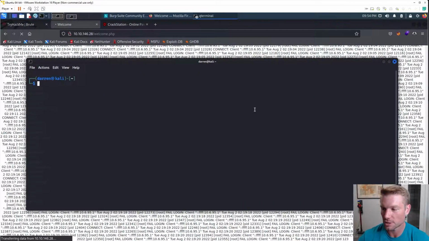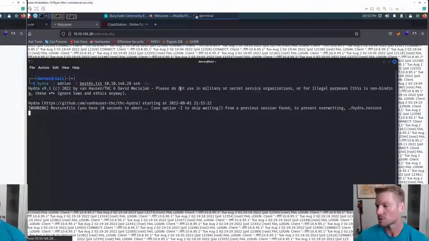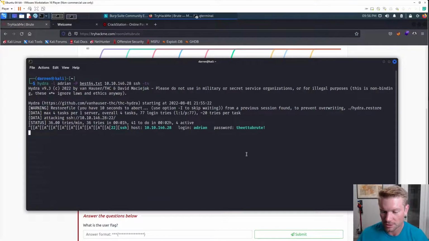All right, now let's try and brute force SSH. Hydra, we got our username Adrian, our password list best64.text, our IP address, SSH, and we're going to reduce our tasks to 4 because SSH always has a problem connecting if you try and send it too many login requests. So, all right, guys, we're back. Looks like Hydra did it for us. We got a login and password,